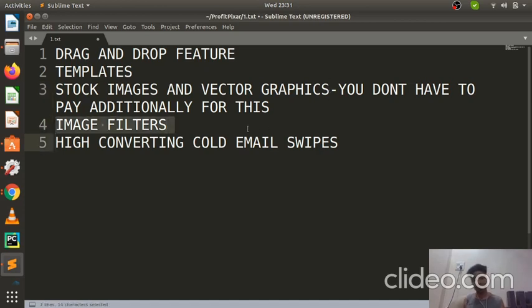Another is the image filters. It also comes with image filters. And one of the good features I liked is that they also provide high converting cold email sites. Let's say you want to pitch your client; you can just pitch your client with this cold email, so you don't have to get stressed about that.